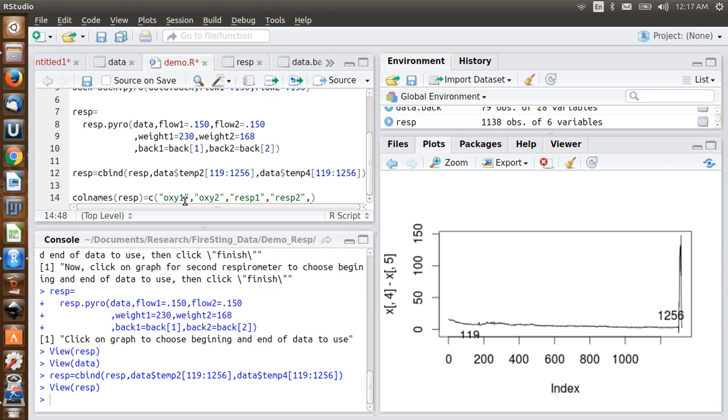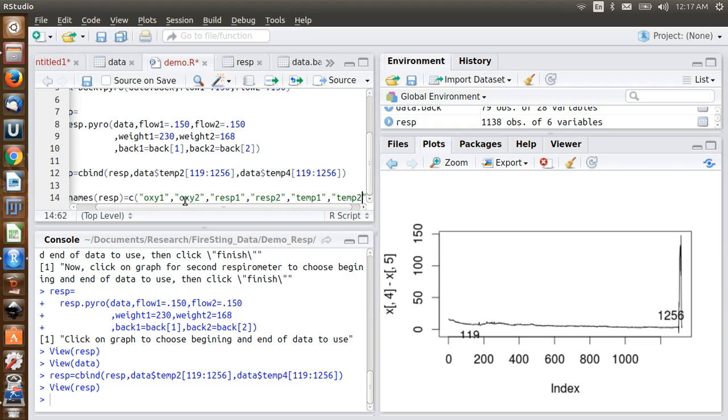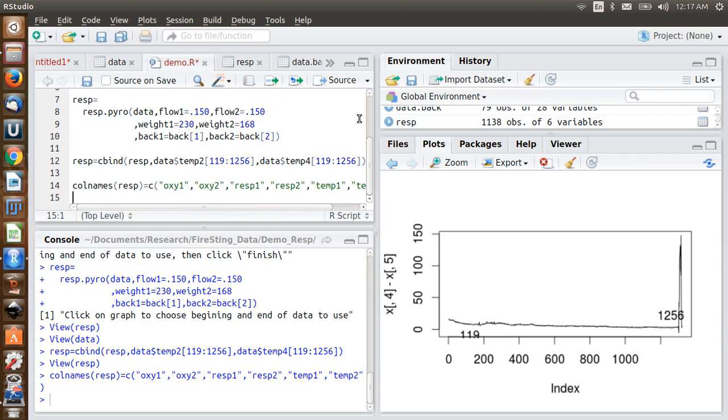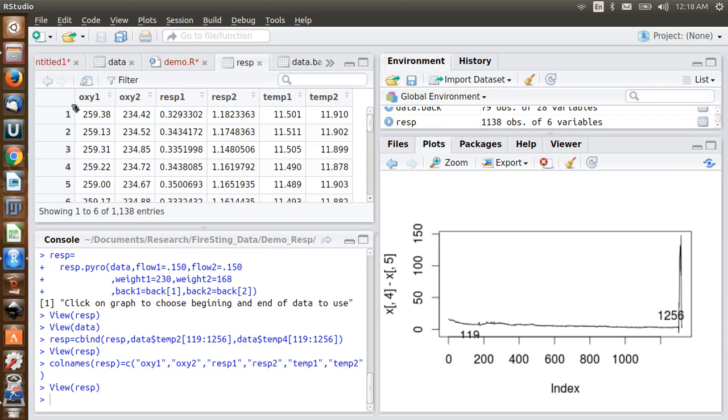Making sure that we're putting each of these in quotation marks and also putting a comma between each of these. And we're going to put temp1 because this is the temperature in respirometer 1. We're going to put in quotation marks temp2, the temperature in respirometer 2. Hit Control Enter, and now what we should have is